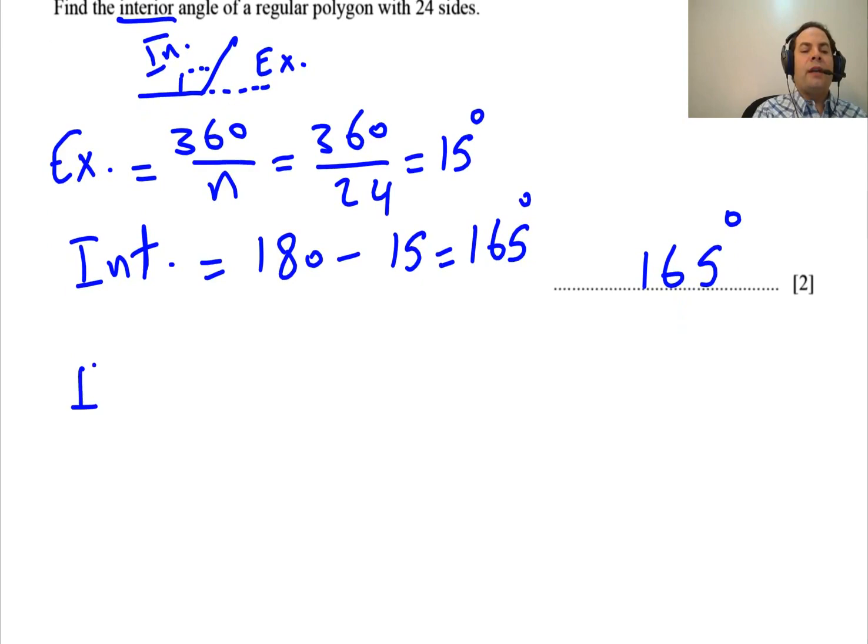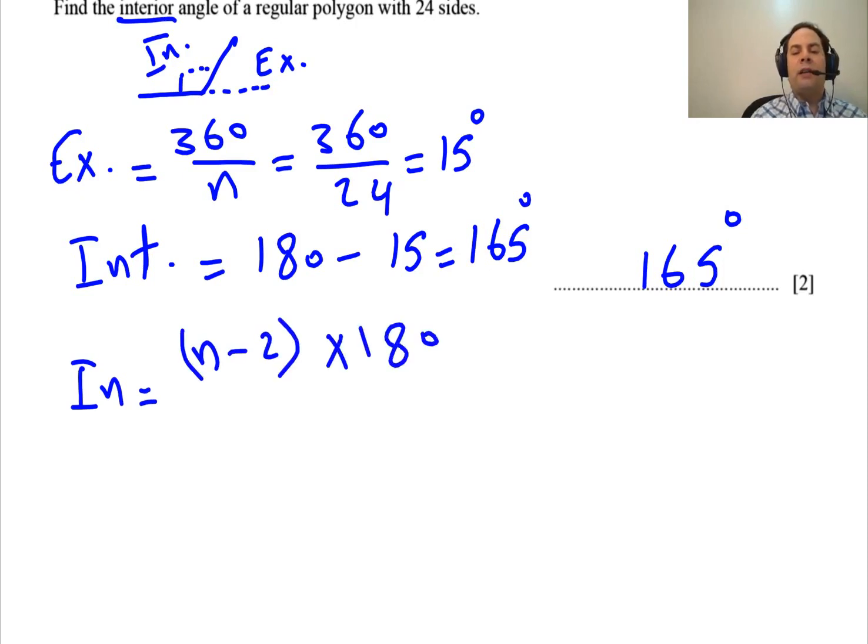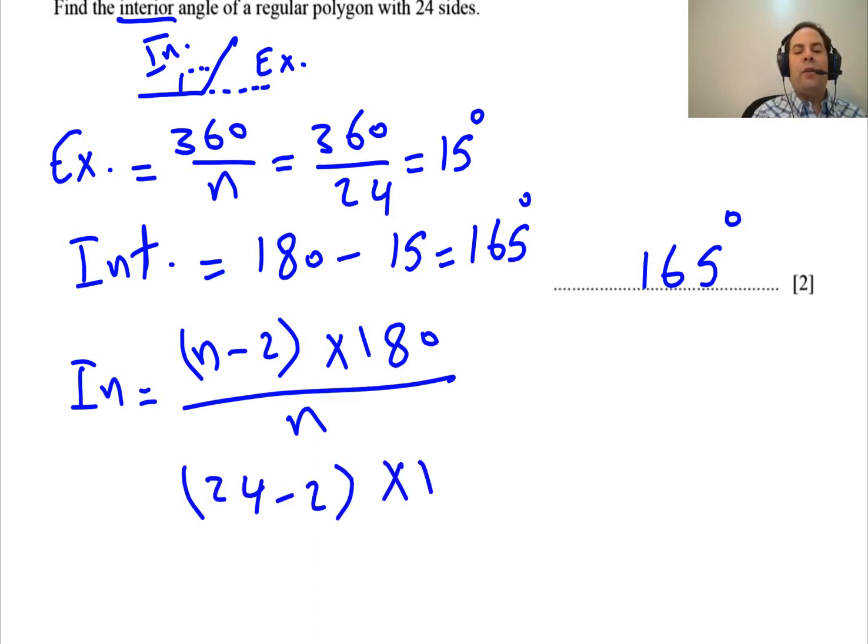The interior angle is equal to the sum of all interior angles, which is n minus 2 times 180, divided by their number, which is n. n here is 24, so 24 minus 2, all multiplied by 180, then divide the answer by 24, you will get the same answer,